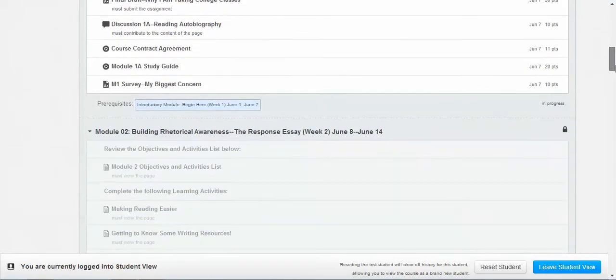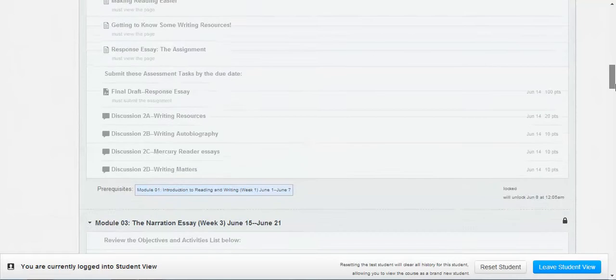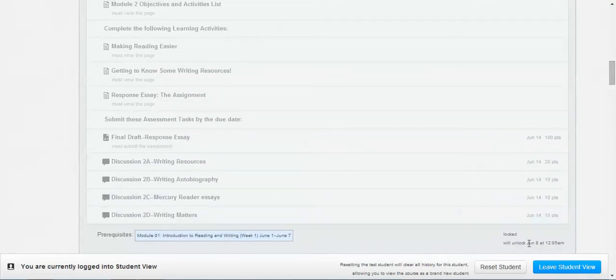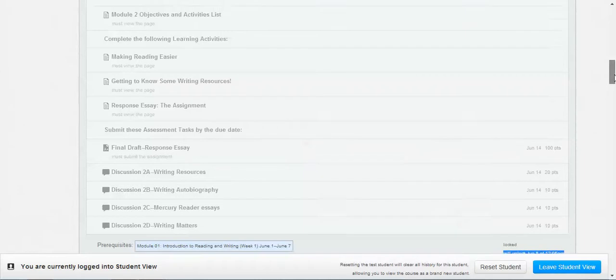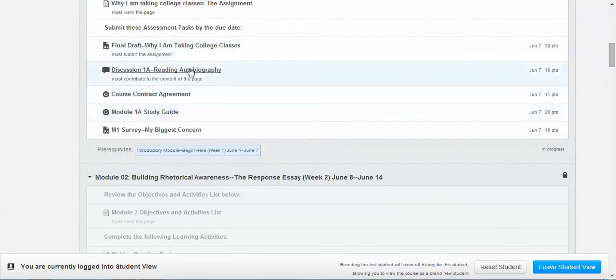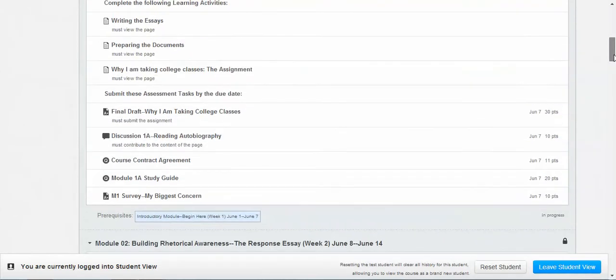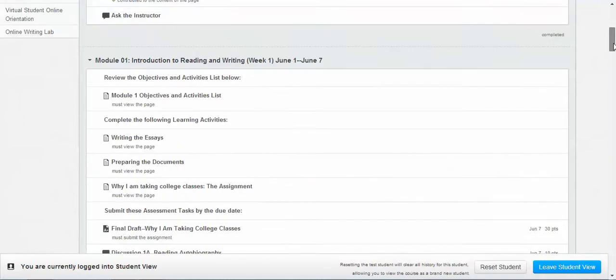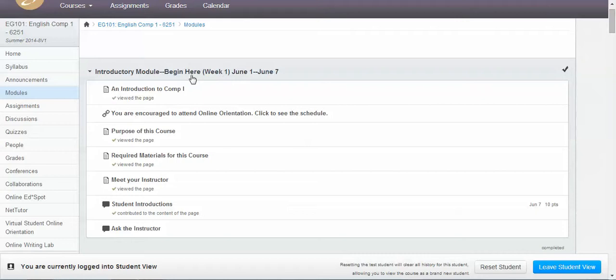This next module, which begins next week, is grayed out, as is the rest of the course. Those will not open up for you until the date on which it is allowed to open, which is June 8th right here. But even on June 8th, it will not open up for you if you have not completed the required items in the previous one. So you can't skip things. You really must go through things sequentially, or you'll find yourself locked out of material and behind on your due dates. So make sure you go through everything in here sequentially, just one after the other, doing what you're being